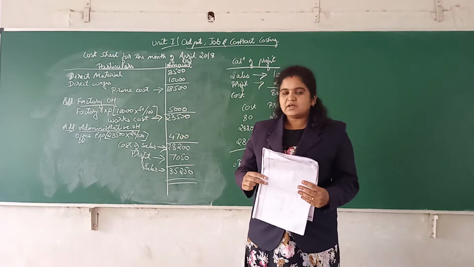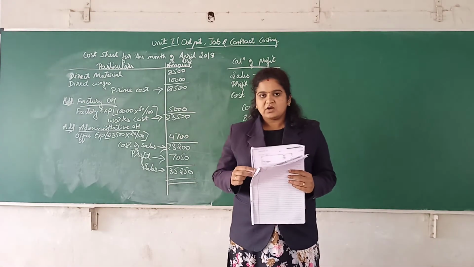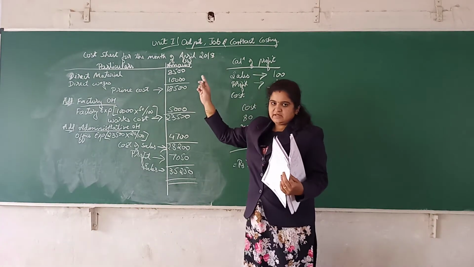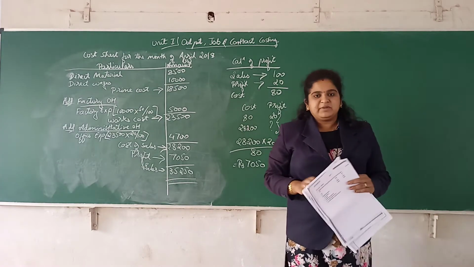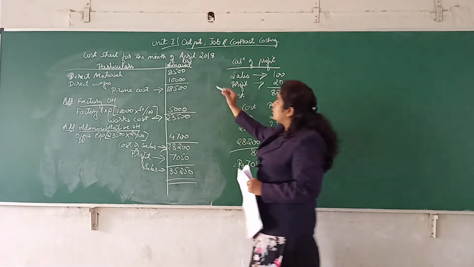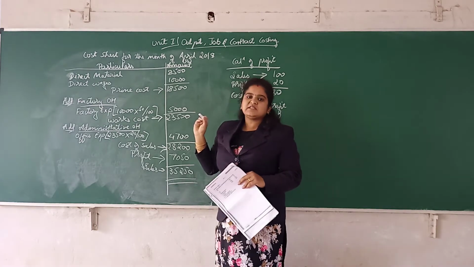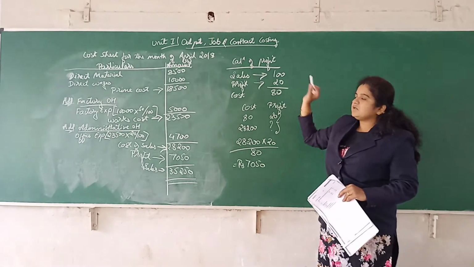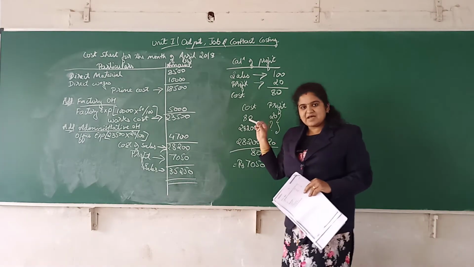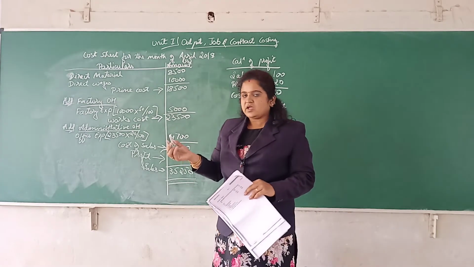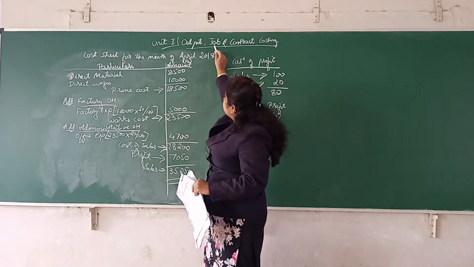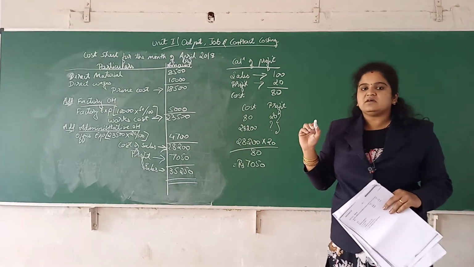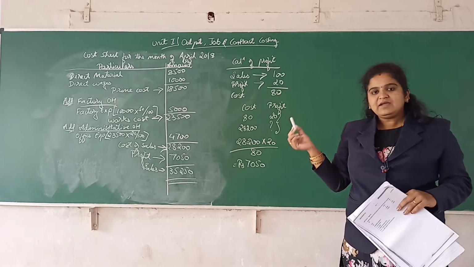Now one more problem I will be solving. That is for again 5 marks. Now I have told like from output costing 5 marks problem will appear in question paper. There will be an option either from output costing they might ask for 5 marks, or it can be from job costing also. Contract costing will be asked for 5 marks as well as for 15 marks. So now next we will be taking job costing, which has appeared in a 2016 question paper. Again that is also for 5 marks.